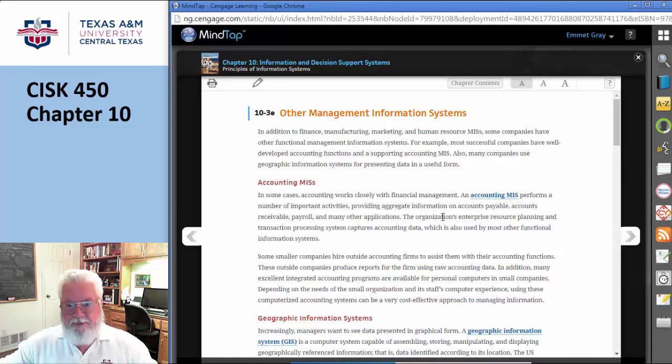Okay, that's managerial accounting. It's not the cost accounting stuff. So that's a typical use of MIS. Another one they talk about is